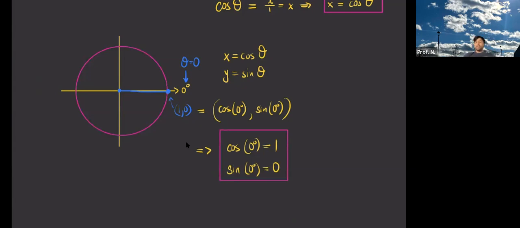Do you see that? It's because of the connection that I made between the x and the y's and the angle. So because I know the x and the y coordinate, then I immediately know what cosine and sine is. And that's how circles become so useful,